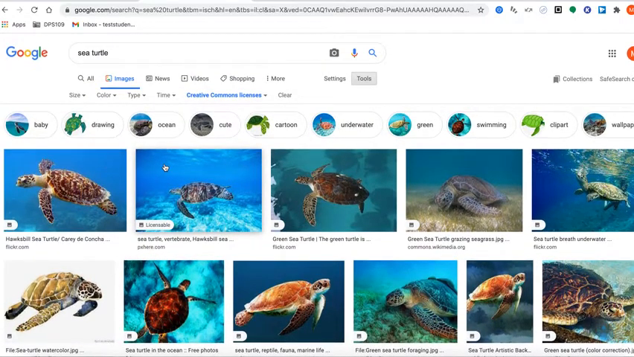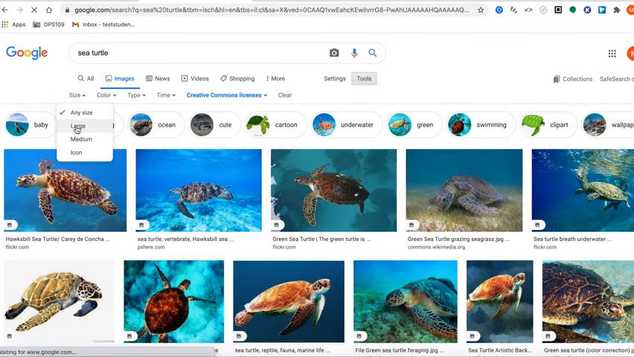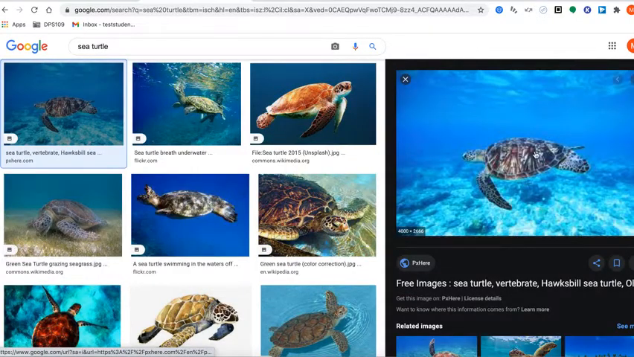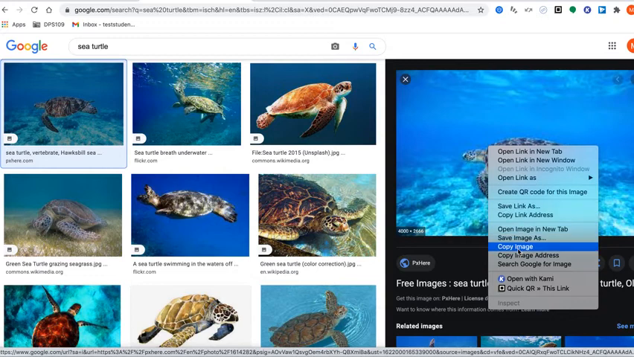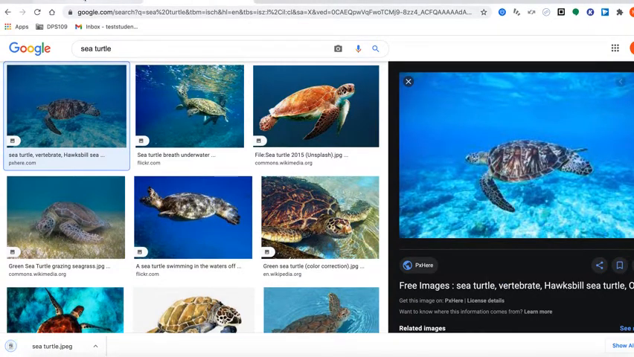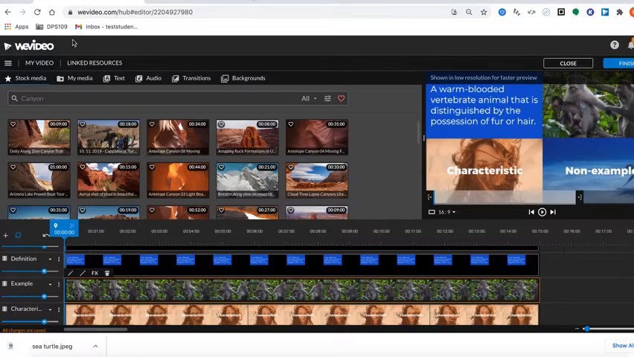One tip that's really important when you're importing an image into a video is to look for the size, and the best is large. If you can't find large, then go for medium. So let's say I like this turtle. I'm going to click on it, and once the image gets a little bigger on the right-hand side, that's when you're going to save the image as,